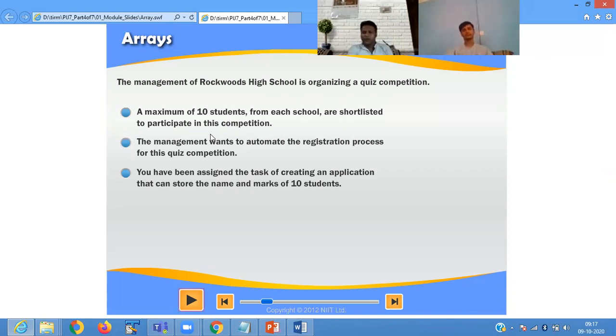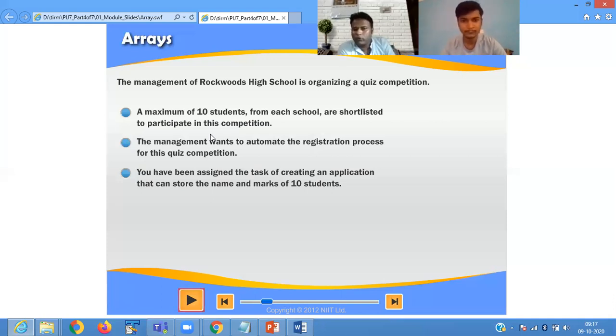The management wants to automate the registration process for the quiz competition. You have been assigned the task of creating an application that can store the name and mark of 10 students.